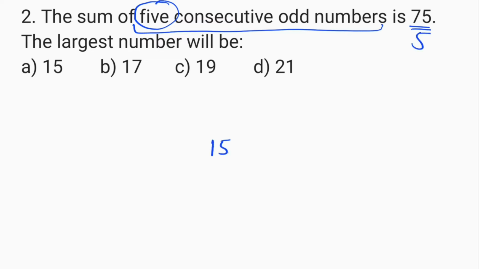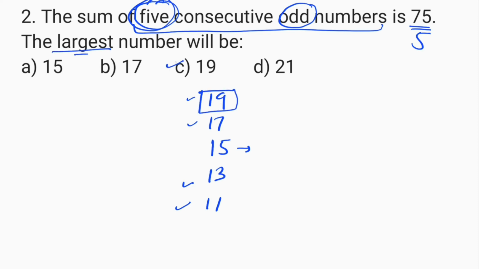So what do we get? 15. 15 is an odd number, and we are also asked for odd numbers. So we got one odd number. This is the middlemost, centermost odd number. So 2 odd numbers will be more than this because there are a total of 5 odd numbers, and 2 will be less than this. More than 15: 17 and 19, and less than 15: 13 and 11. Since the largest is asked, 19 is the answer. Again, option C is correct. And keep in mind that if you add these numbers, you will get 75.